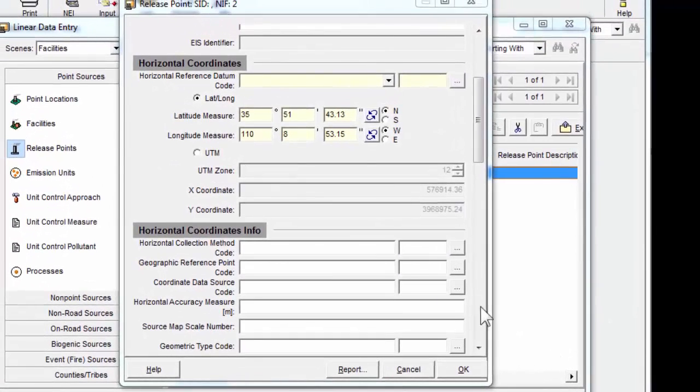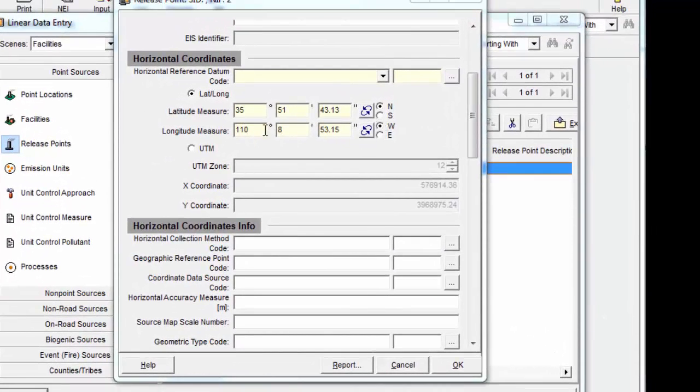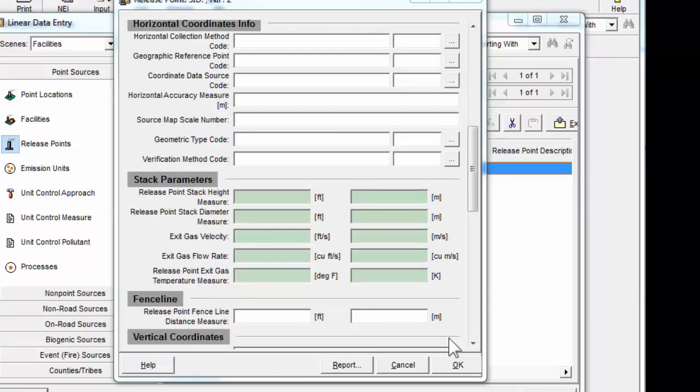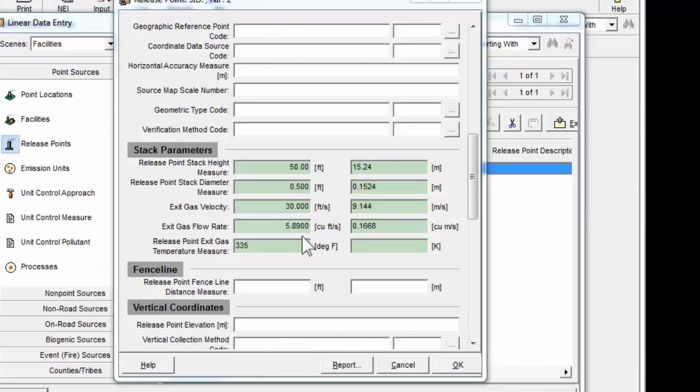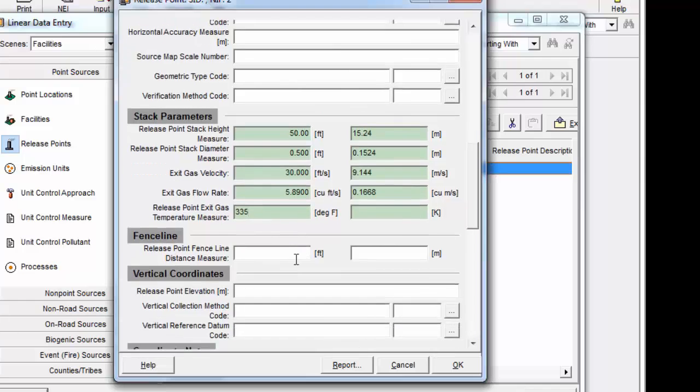And if you scroll down, you can see that the latitude and longitude are filled in based upon where we put that point. And then you have to fill in the stack parameters, again, from our documentation, 50 feet, etc. So we fill this information in, and we have the imperial units. And an interesting thing about TEISS is it converts it to metric units. So you enter in your last hot temperature of 335 degrees Fahrenheit into the last panel,